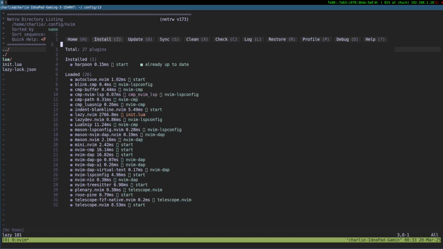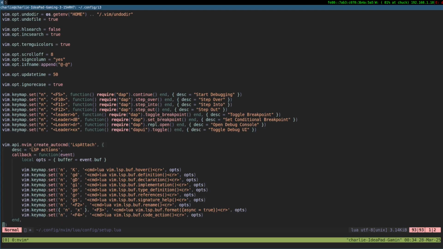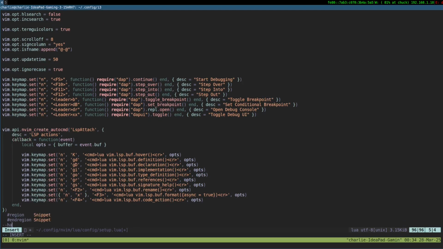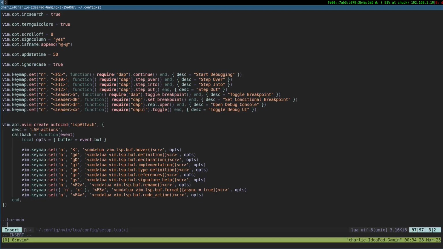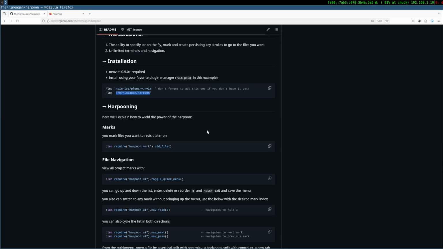And I'll go to my setup where all my key maps are available. If I go here, you can set a key map for this.